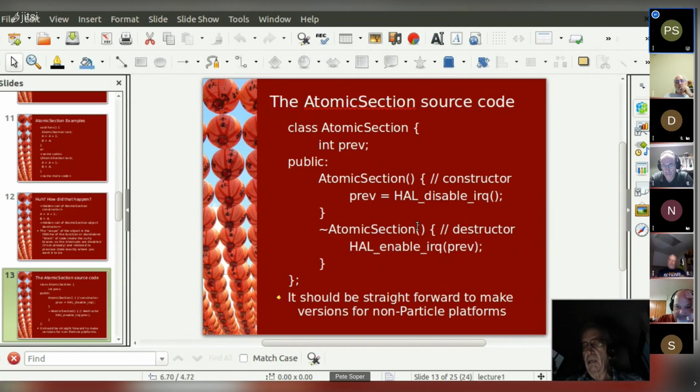And then in the destructor, the previous state is used to re-enable interrupts. If the interrupts were already disabled, then they stay disabled, right? And so it handles the dilemma that you have if you don't know if you're in an interrupt or not.